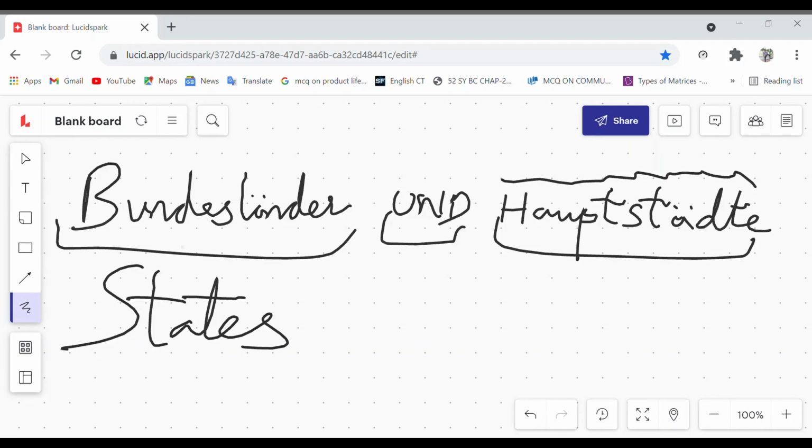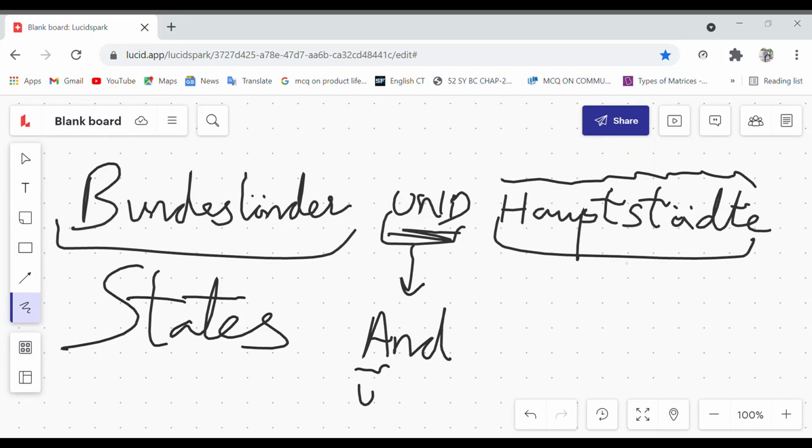This is the spelling, Bundesländer, with two dots above the A. It is pronounced as Bundesländer, which means states. Und means and. Hauptstädte means capitals.